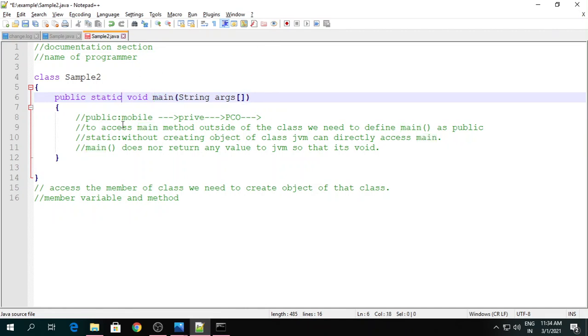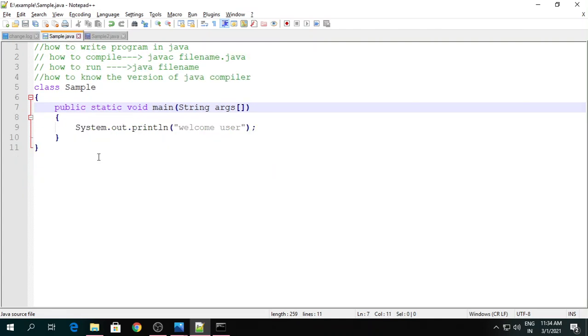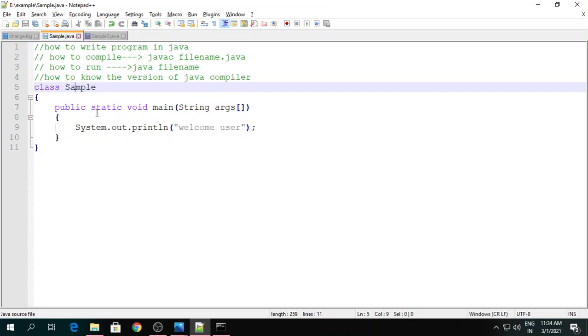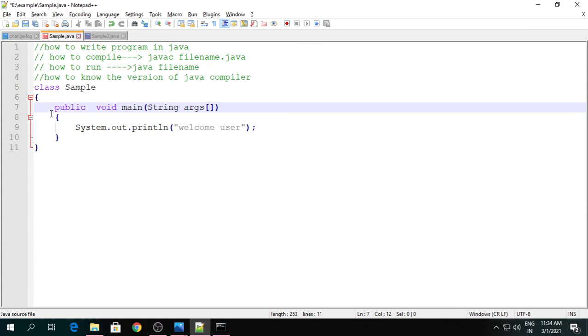Again, one thing you should know. Let me go to the previous example to explain one point. This is your file which has a sample. The name of the class is Sample. The main signature is absolutely correct. Suppose I change the order of the access specifier, public static.